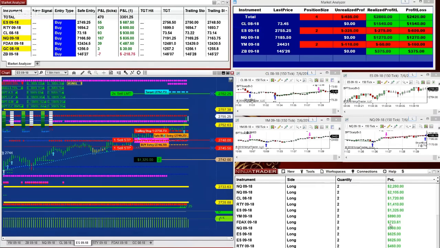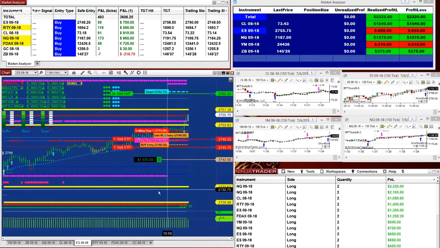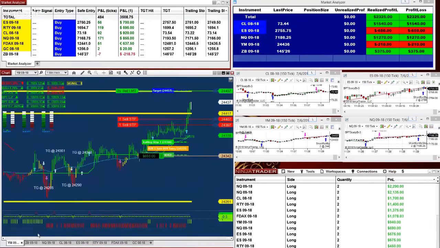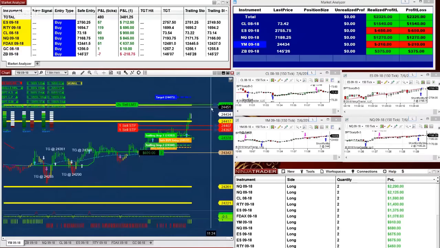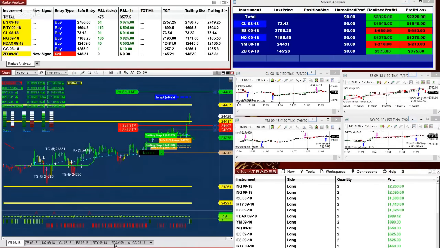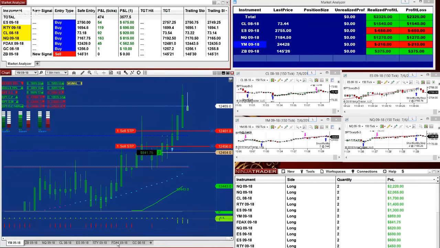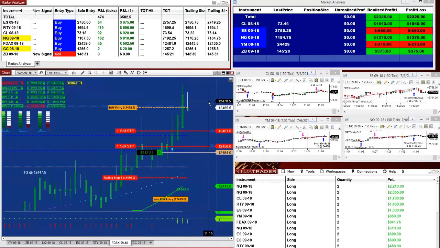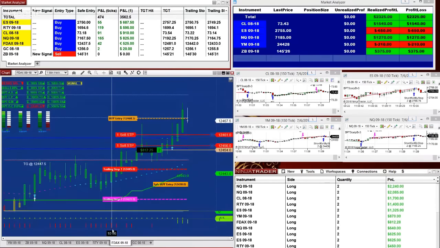And those here, the trades are coming from the market analyzer, and those here are coming from the scalper, this area here. And this one here is for advanced traders, this one here comes with a 3. And we have a DAX trade. We have a YM trade at the moment. We have a DAX trade, and we have